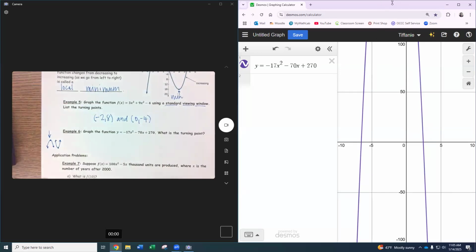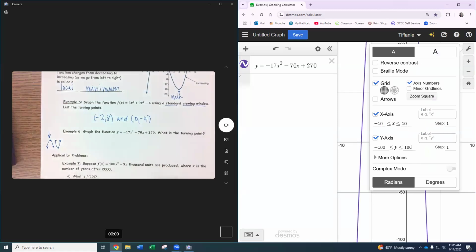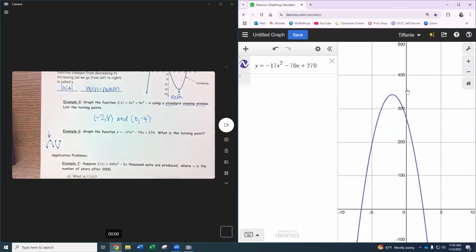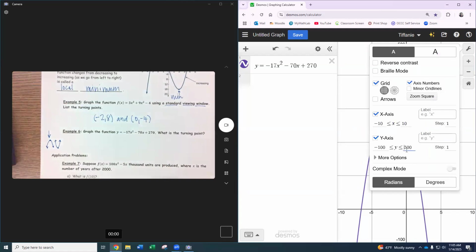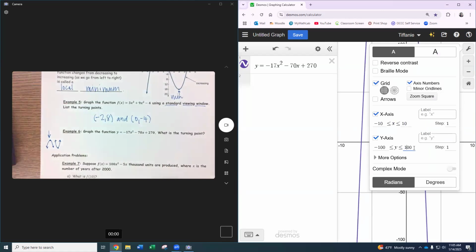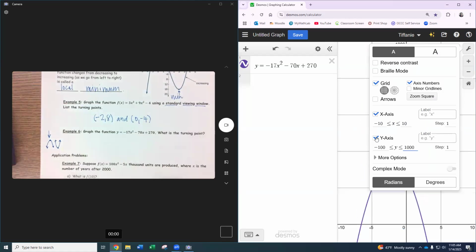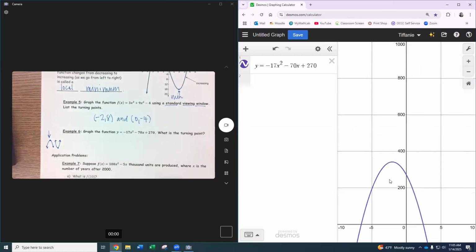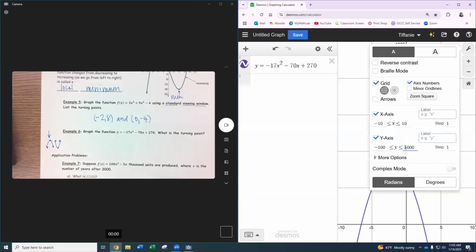So I'm going to keep going further and further up on this y. So let's try 500 instead of 100. And there's my graph. Okay, I am literally just kind of playing with the numbers. If you guess completely wrong, when we have this 100 here, if I wanted to add another 0 and go to 1,000, I can still get the information I need. I can still see that max. So you are literally just playing around